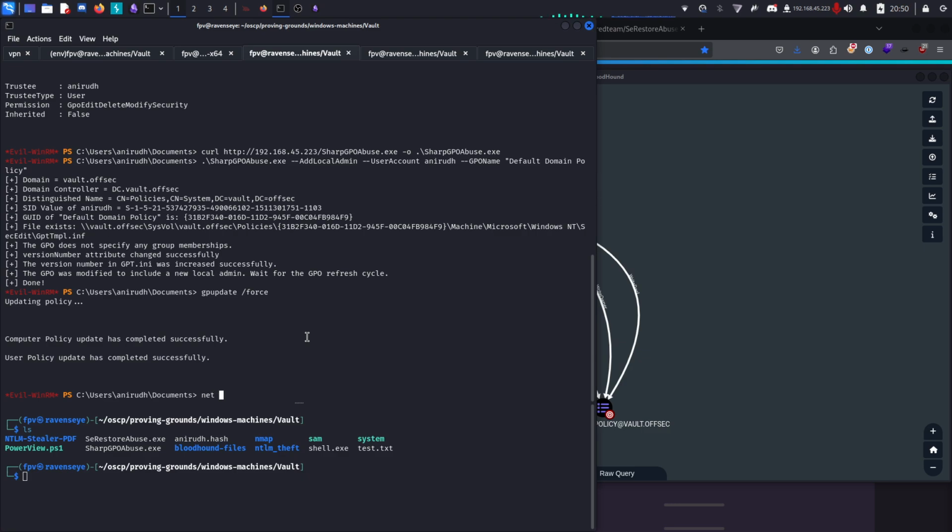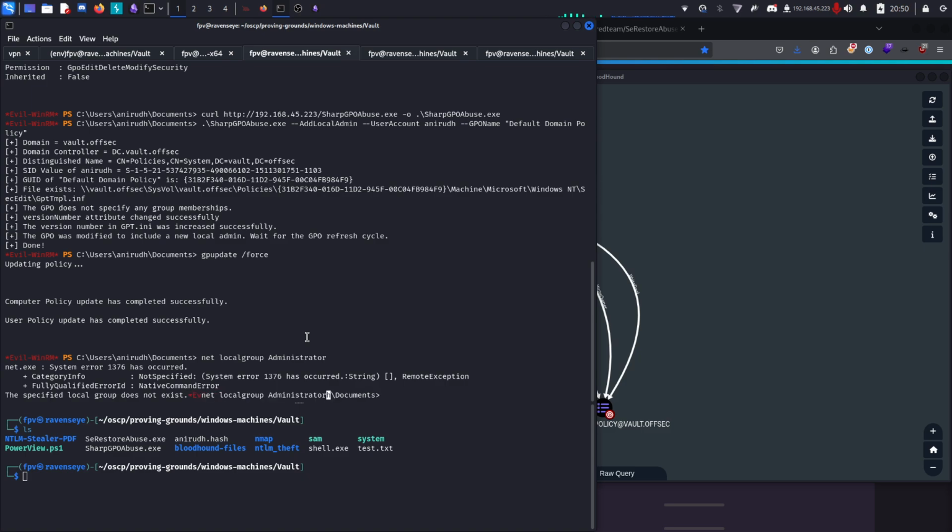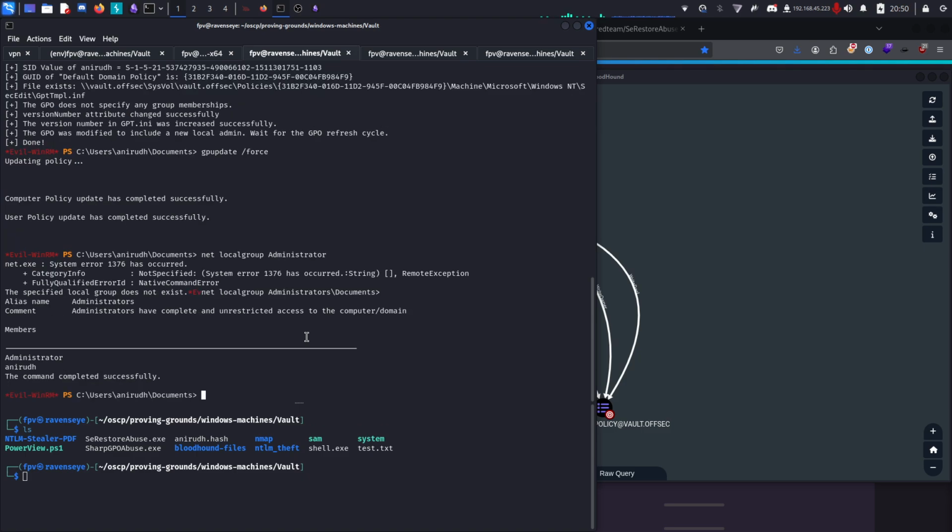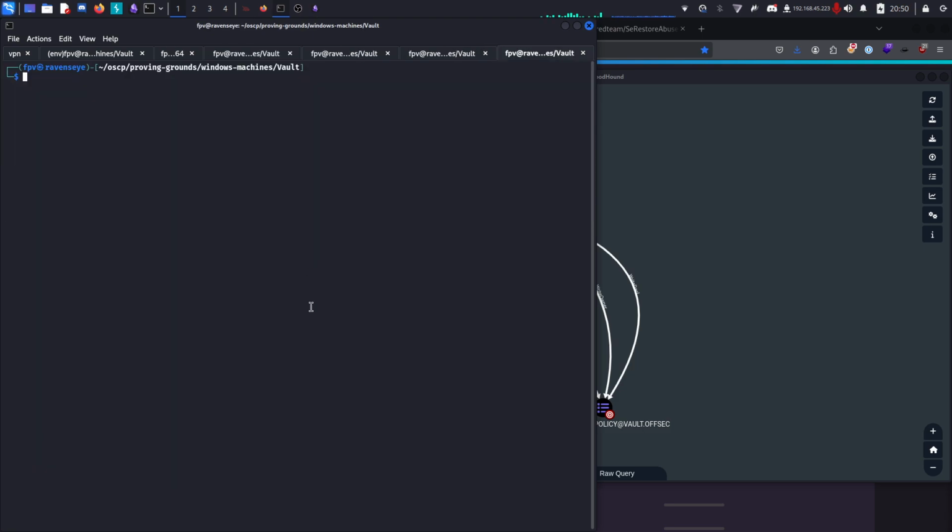Let's see, net localgroup administrators. Okay, see, we added ourselves into the local administrator group. So how can we take advantage of this? Let's open a new shell. We can use impacket psexec